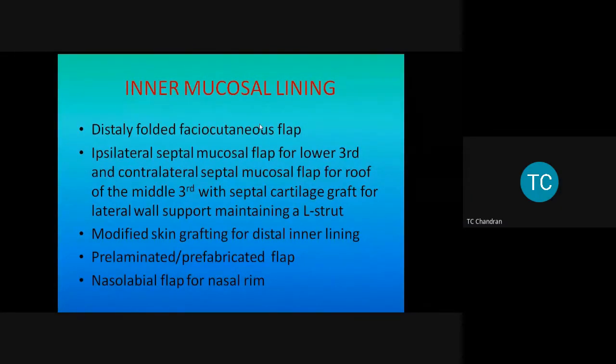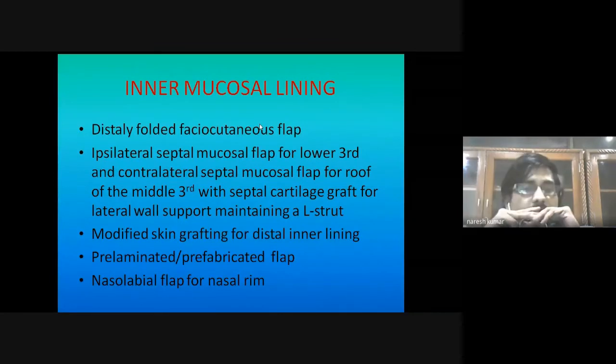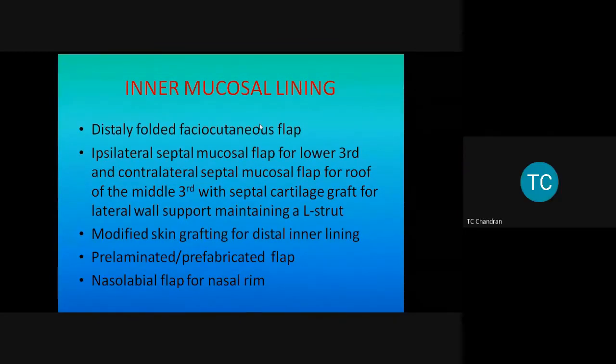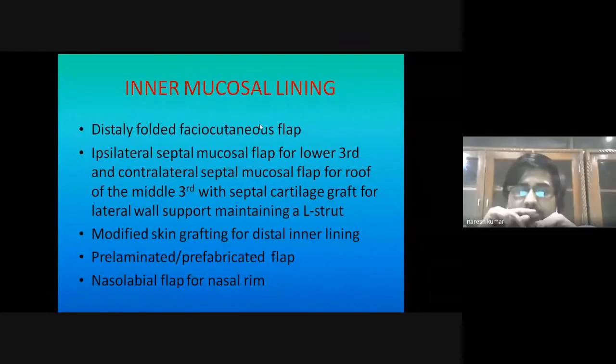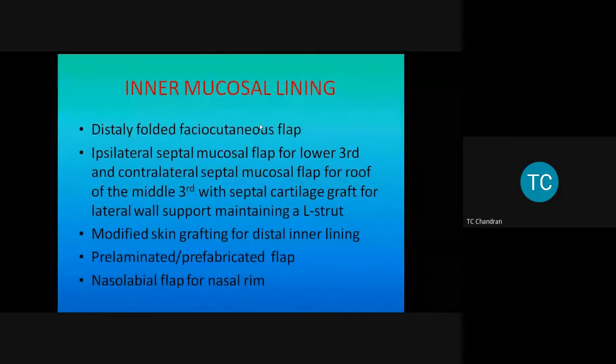All right. Forget the nasal flap. Any other thing you are planning? That's also my option. Okay. Now, when you select a free flap, please remember you have to select one that doesn't have much hair. So if a forearm is full of hair, again, it is going to be very tough for you, unless you do some hair removal using laser, using whatever you want, and then do it.